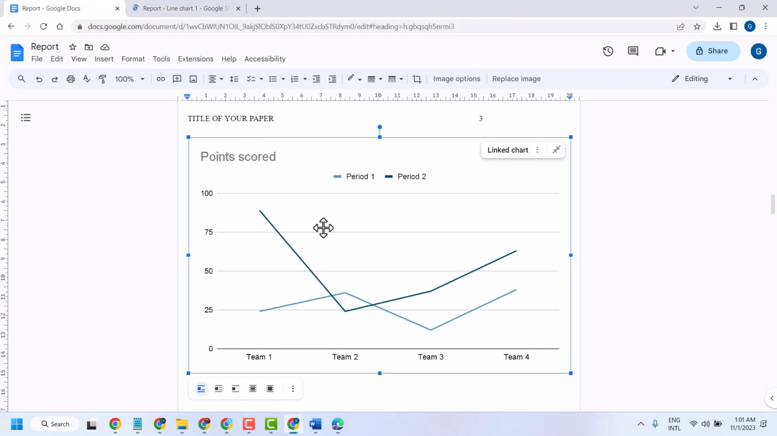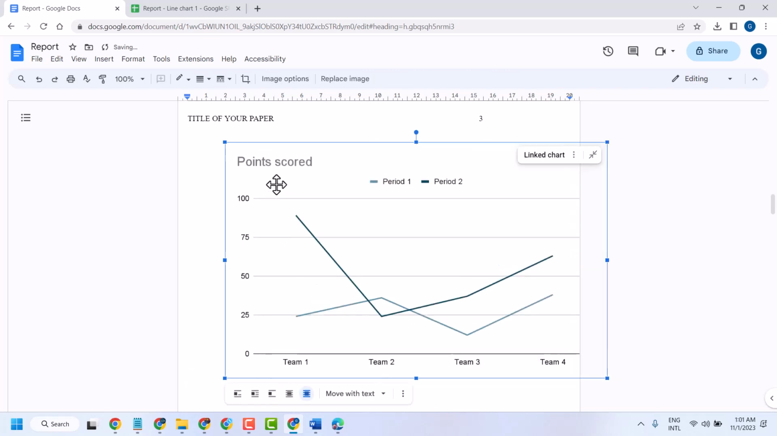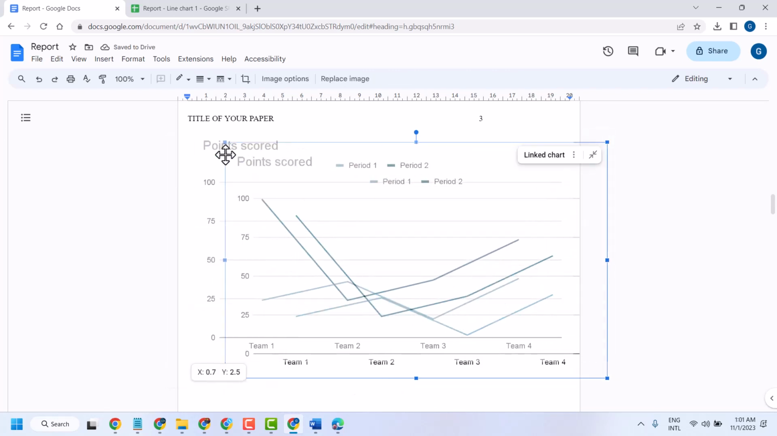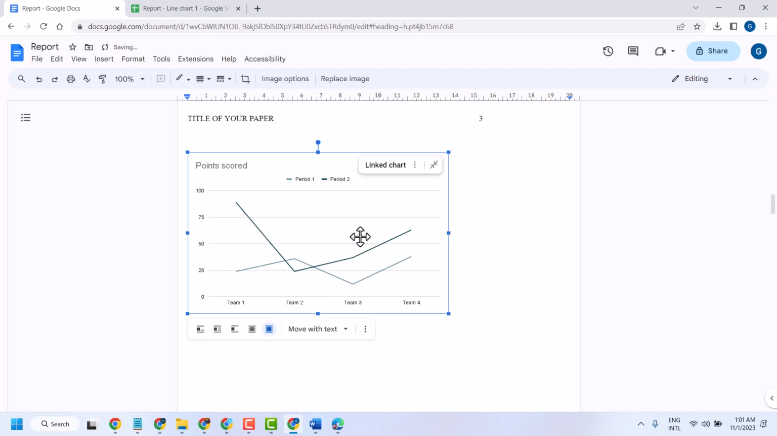Also guys, you can make changes to keep your graph. So select this in front of text. So you can keep your graph anywhere in your document. Between text, once you select